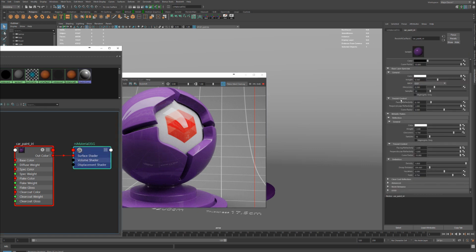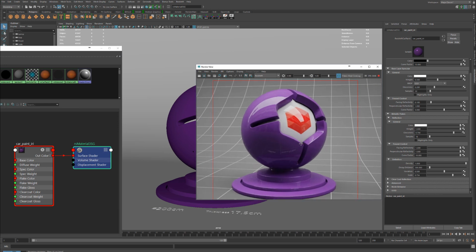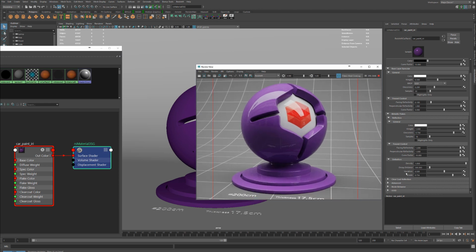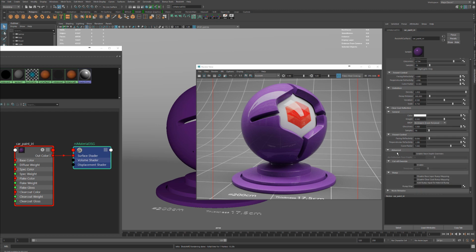And so now that we've got our base material that we're gonna want to add the iridescence to, it's good to go. The iridescent effect is going to be basically happening in the clear coat because it's a thin film basically, and that's what clear coat is. It's a thin layering on top of the object. And so here is where you're going to pipe it in. You're not going to pipe it into the color because you still want the thin film to reflect white. So you're going to actually open up advanced